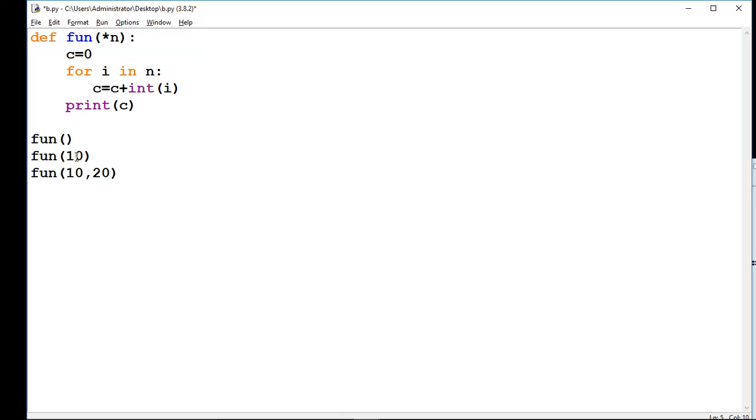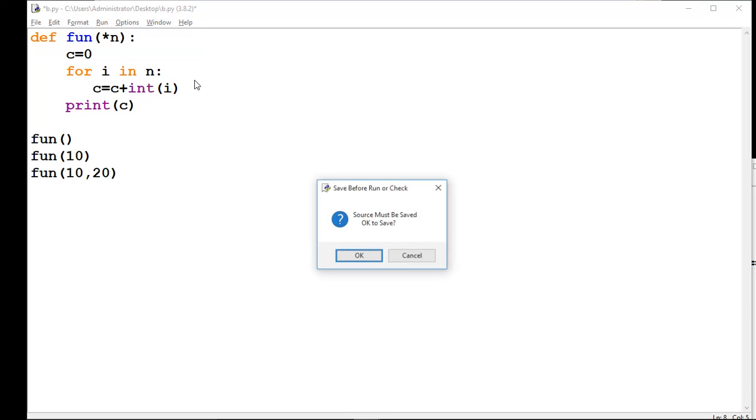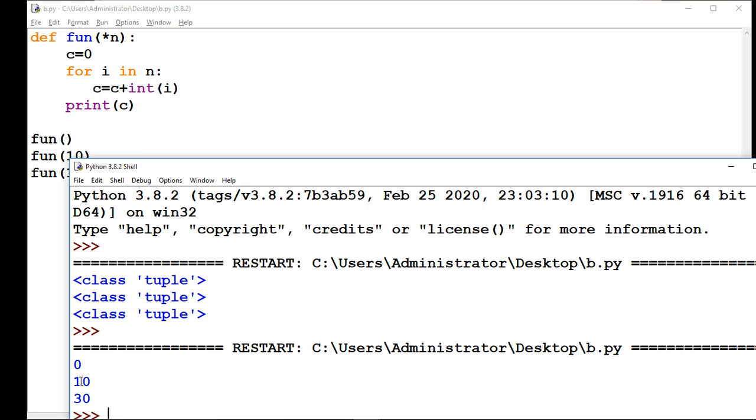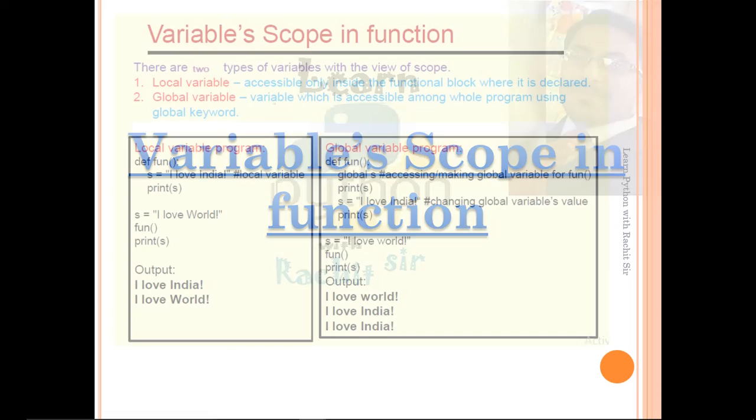In the second case, 10 will be passed, so 10 will come into n as a tuple, so the value of i will store number 1, so 0 plus 10, 10 will come. So in the second case 10 will come, and in the case of the third one, output will come 10 plus 20, that is 30. Now execute this program, so output will come 0, 10 and 30.